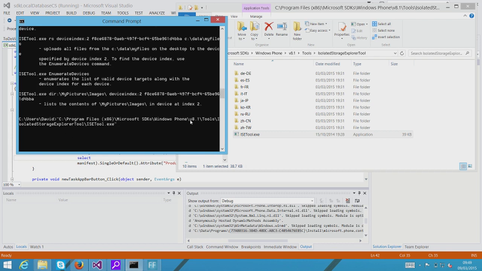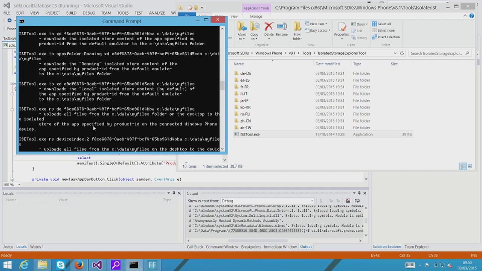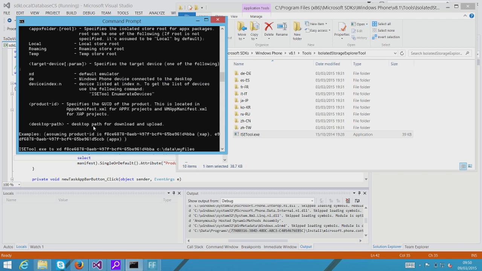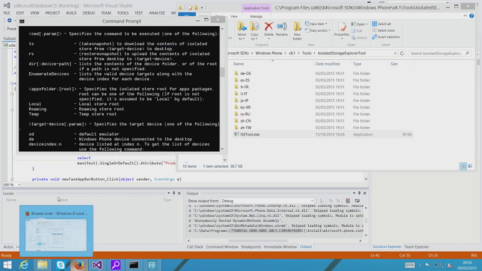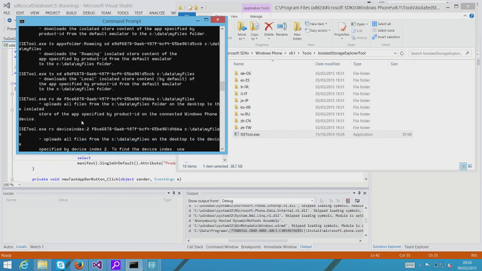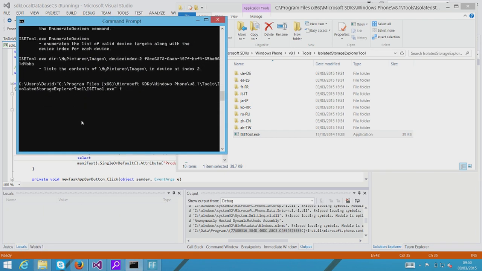You want the path to the program, followed by. It was XD, wasn't it? Oh no, not XD. XD is what you put in for an emulator. Yes, it's TS to take the snapshot, DE because it's a physical device,